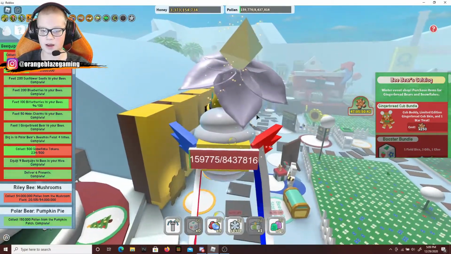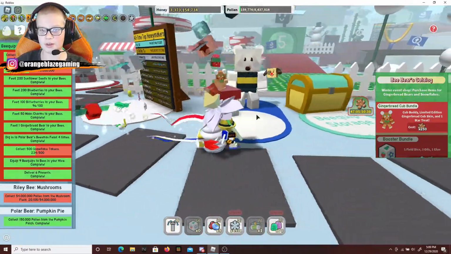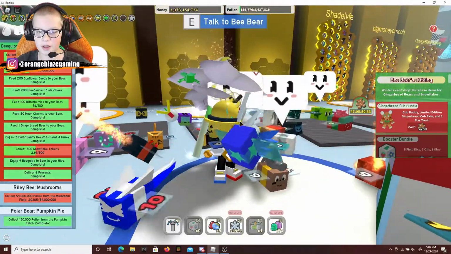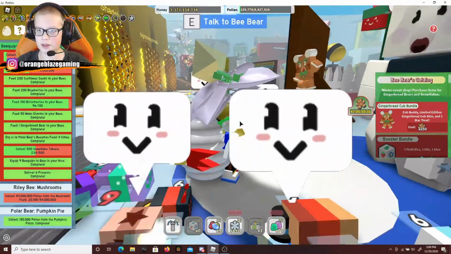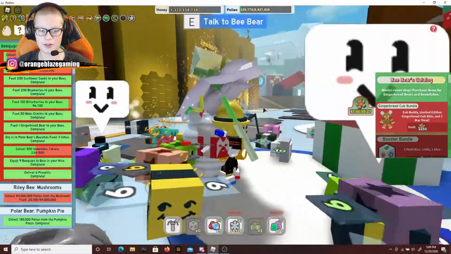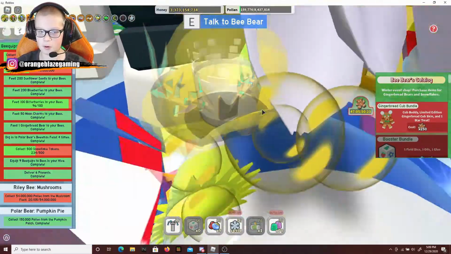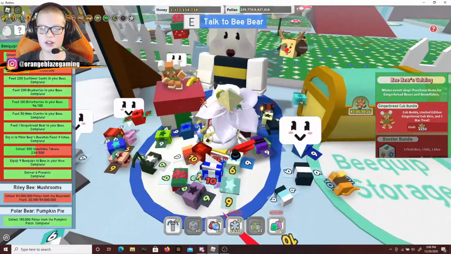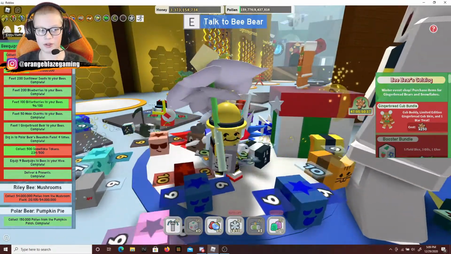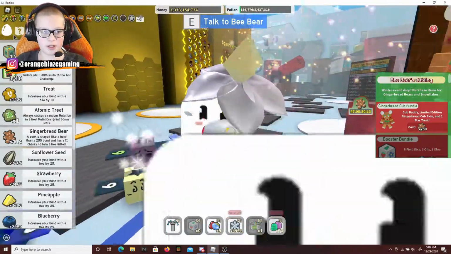So first, this is probably the first thing you'll notice: this is Bee Bear. How he works is, right now, if you do his quest, he gives you a lot of good rewards, and eventually gives you a festive bee or 500 tickets. It's basically just a new bear during BEESMAS, and he gives out gingerbread bears, which is this thing right here, which I'll explain later. So if you go over here,